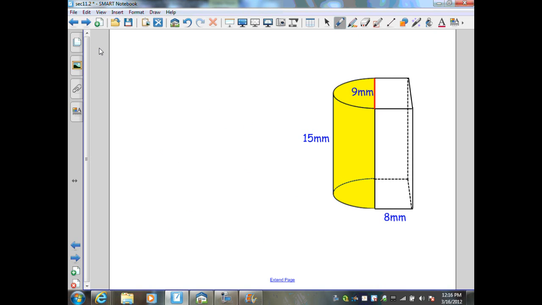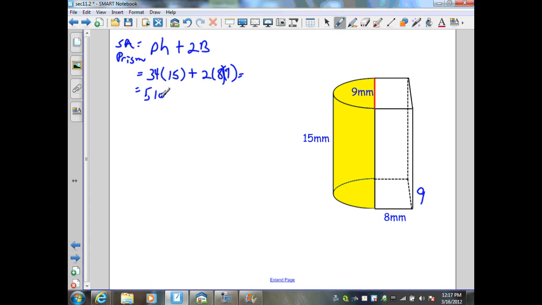Again, they want to find the area of the solid. So let's start with the area of this prism. What we have for the surface area of the prism is equal to perimeter of the base times the height plus 2 times the area of the bases. And if I select the base to be 8 by 9, then the perimeter is going to be 9 plus 9 is 18. 8 plus 8 is 16, which when I substitute in for P is going to give me 34. And I have a height of 15 millimeters, plus 2 times the area of the bases, which is going to be 2 times 8 times 9. And when I simplify, that's going to give me 510 plus 144,